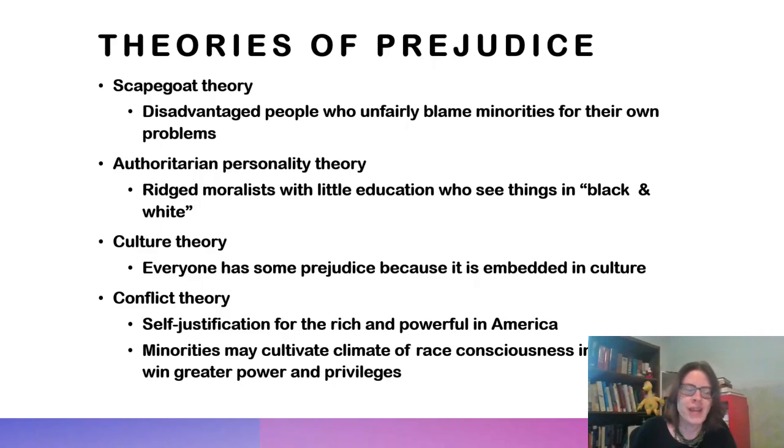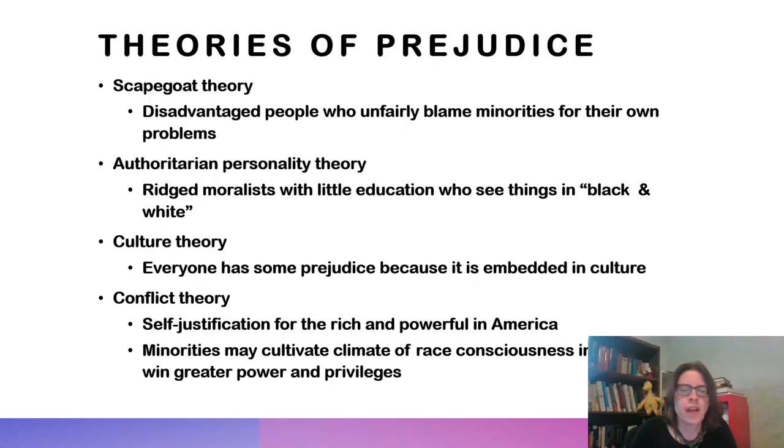Culture theory. If we have a culture that has prejudice embedded within it because we have institutional racism, then everybody has a piece of it. If we grow up in this culture, walk around in this culture, go to school in this culture, have families and grow families, and the culture includes institutional racism and prejudice, then we're all going to have it. It is embedded in the culture, and then it is up to us to do the work to combat the prejudices that we see in our culture that have come into ourselves, and then to fight them within the culture itself.